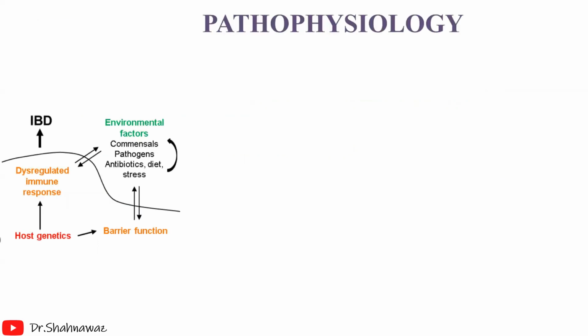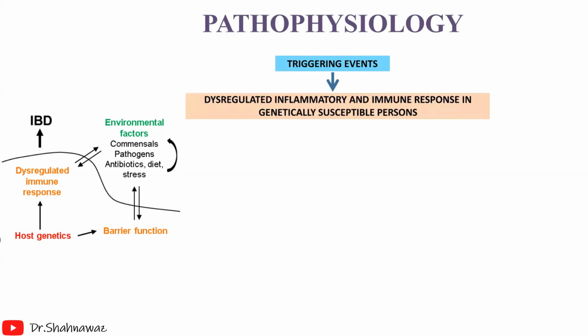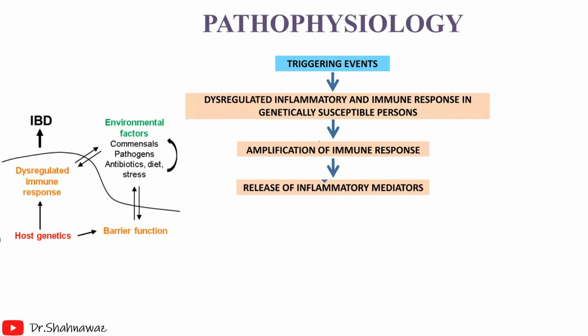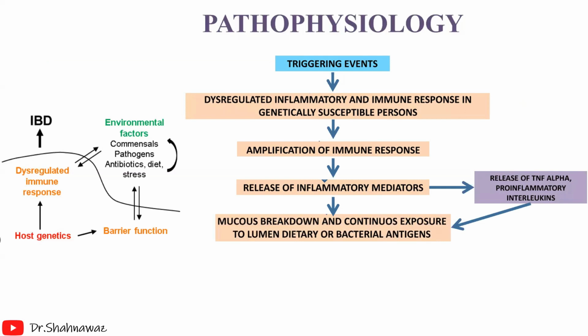And what could be the pathophysiology of IBD? Actually, some triggering events, like you see here, the environmental factors, dysregulated immune response, or host genetics could be the triggering factors, and they dysregulate the inflammatory and immune response in genetically susceptible persons. When there is amplification of the immune response, they release inflammatory mediators from macrophages, neutrophils, and others, like TNF alpha and pro-inflammatory interleukins, and these break down the mucosa, and there is